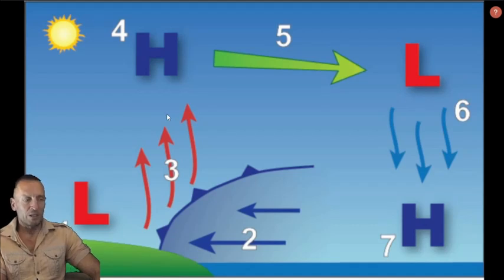Now look at the pressures. First the land gets low pressure because the air gets heated, and when it's heated it takes more volume, right? The molecules move faster, they take more volume. It rises up because it's less dense, it goes up, it cools, gets high pressure, then it moves. When it moves, it gets into a lower pressure, right? It falls down,